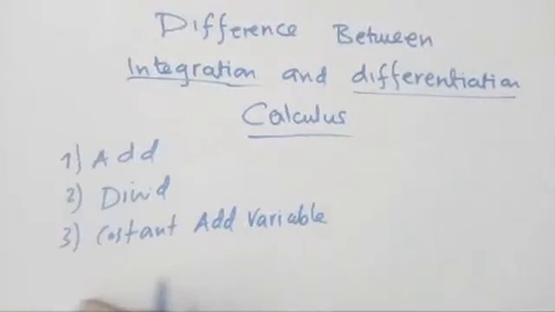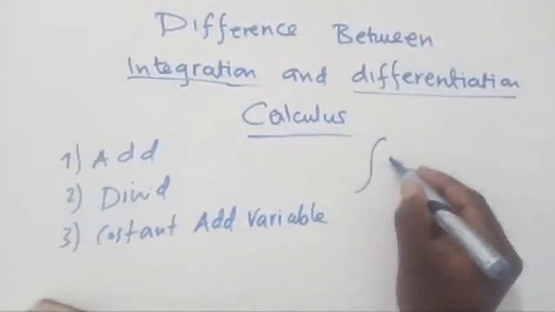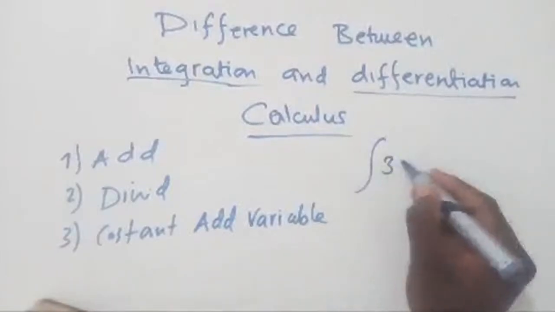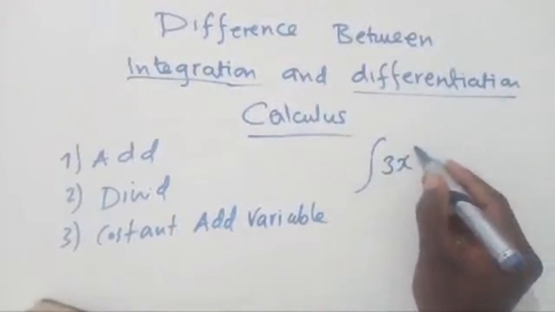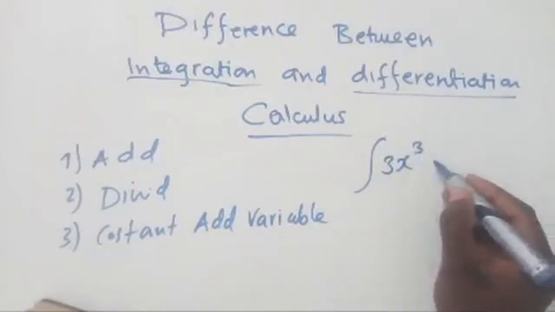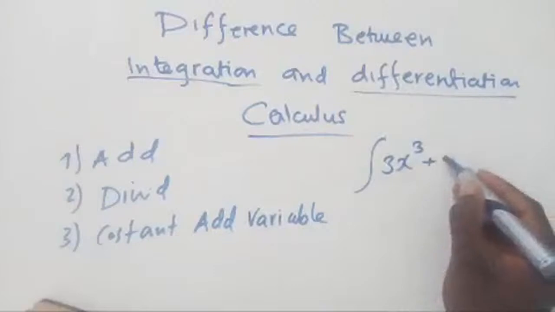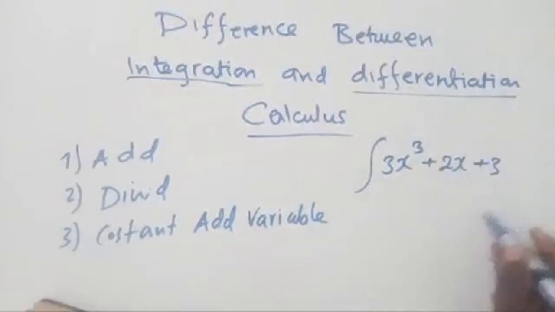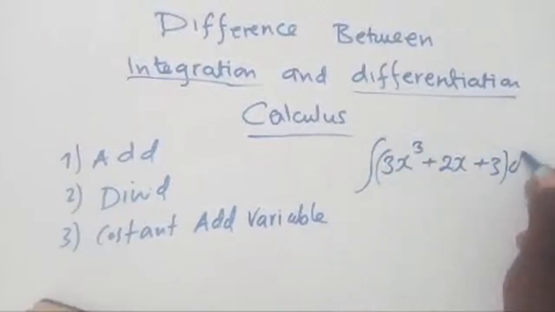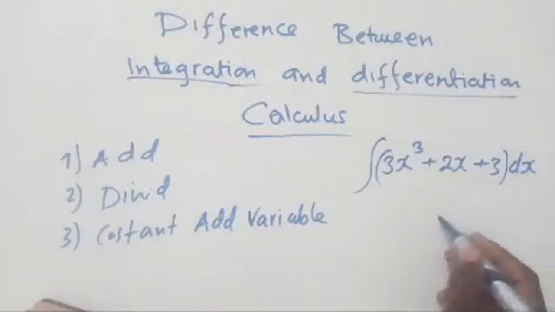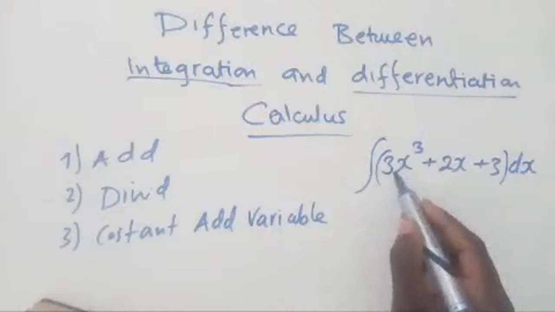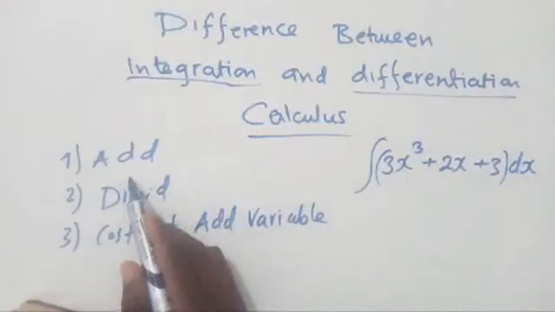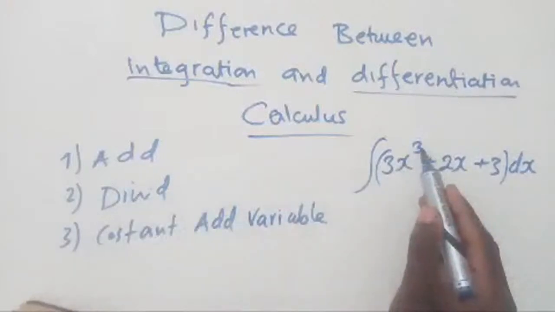Okay, so let me give you another example. Let's say you have something like this: 3x power 3 plus 2x plus 3. Okay? And then they say you integrate with respect to x. What do you do here? Step 1, add 1 to the